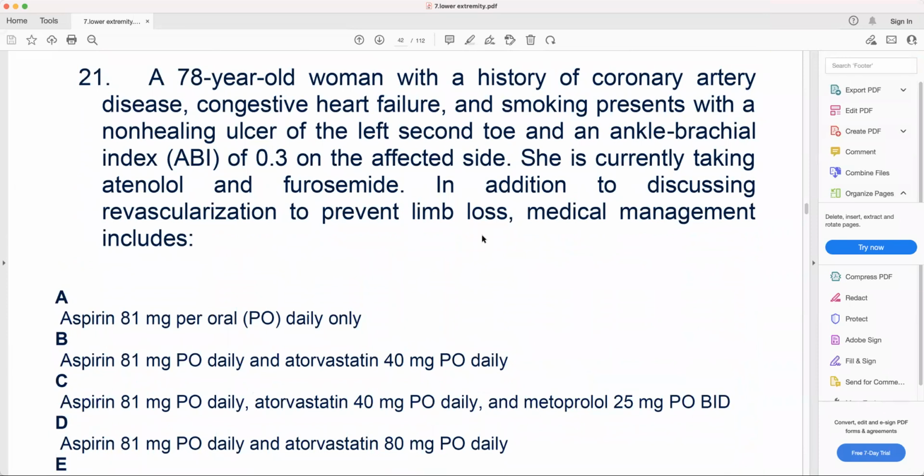All right. A 78-year-old woman with a history of coronary artery disease, congestive heart failure, and smoking presents with a non-healing ulcer of the left second toe and an ankle-brachial index of 0.3, critical, on the affected side. She is currently taking atenolol and furosemide. In addition to discussing revascularization to prevent limb loss, medical management includes